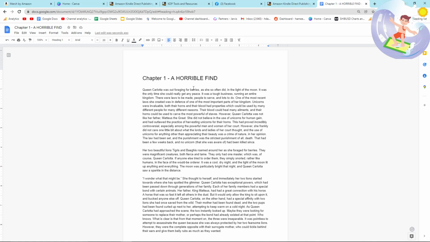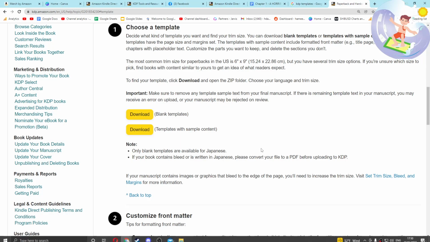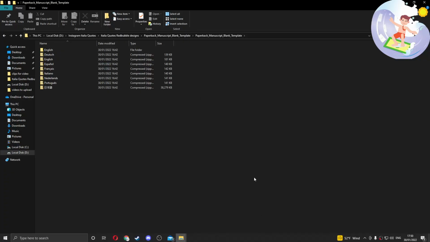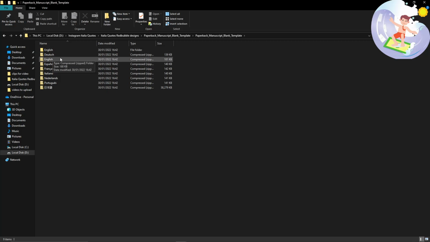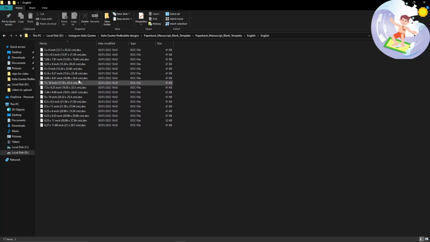So the first thing you want to do is make sure that your content is in the correct format for KDP. You just want to Google KDP Templates and click the top one, and it'll take you to this page here, and then just download blank templates here, and that will give you the .doc which you need, which is already formatted, and then you can just copy and paste your text into that. Once you've downloaded it, you'll get to a file like this, and you can choose English, Deutsch, and so on. Obviously mine is English, and I decided to use the most common format, which is